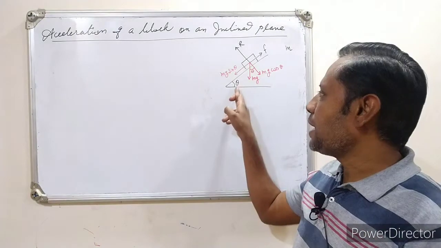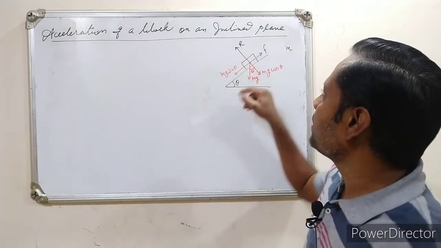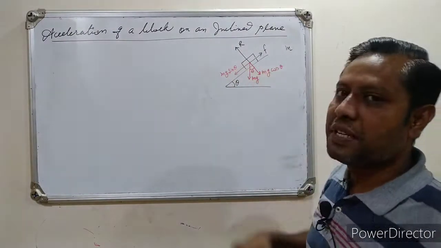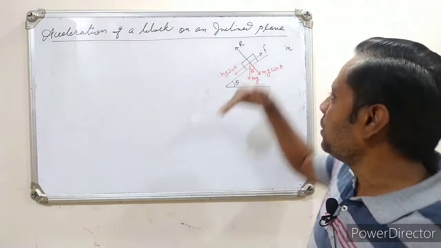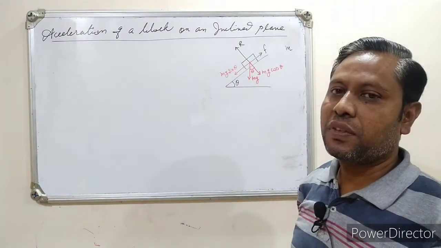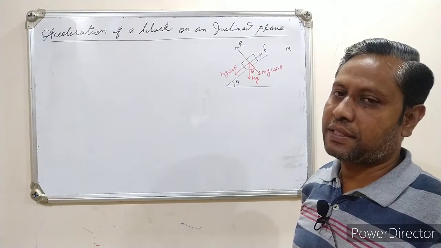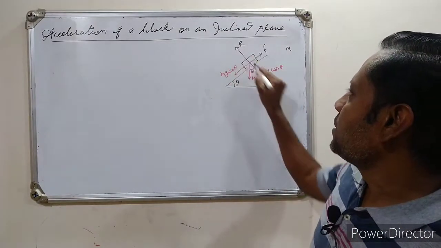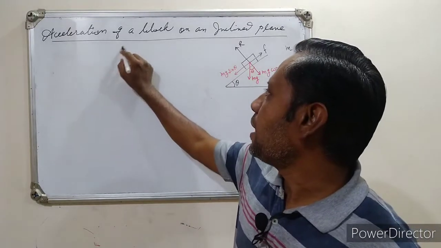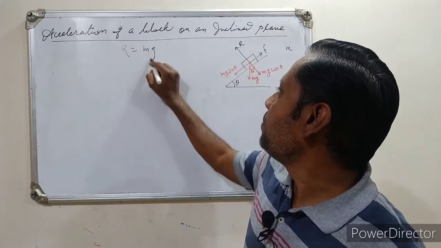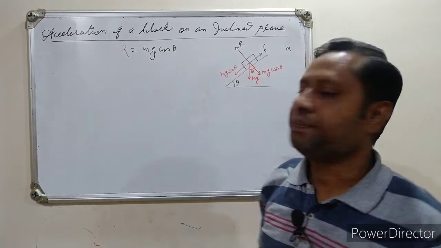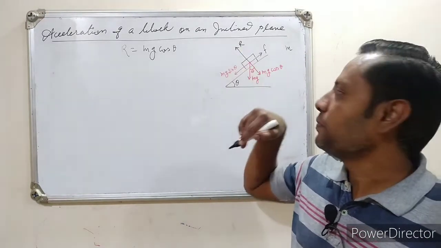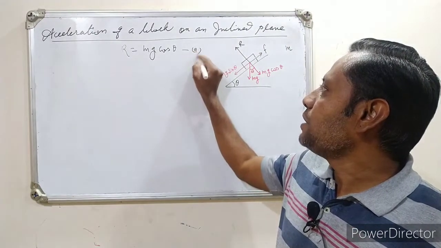But here since our angle is more than the angle of repose, though there is friction F, still there is this mg sin theta component, and that force will take this block in the forward direction. So we want to find out what the acceleration is. Let's start from the diagram. Since these two are in balance, I can say that R should be equal to mg cos theta, as it is in the balance condition for that particular direction. Let me call this equation number A.